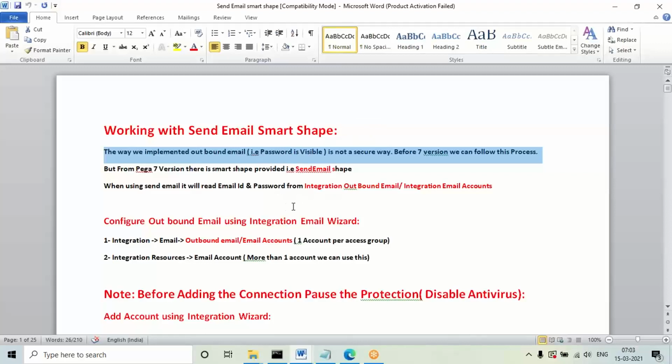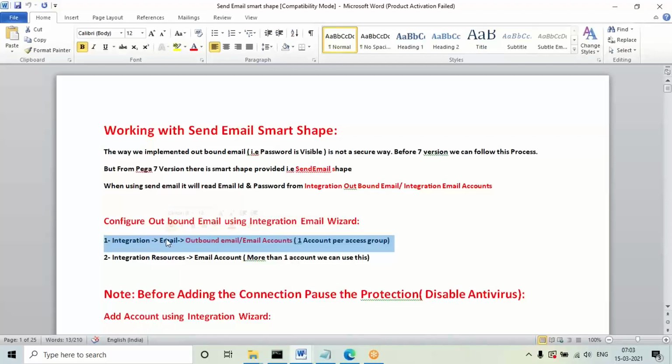Okay, after you configure, this is a one-time setup. The outbound email from details we are going to set only once, right? And to whomever they send notifications using send email, it will automatically collect the from details from the outbound email widget or integration resource email account.